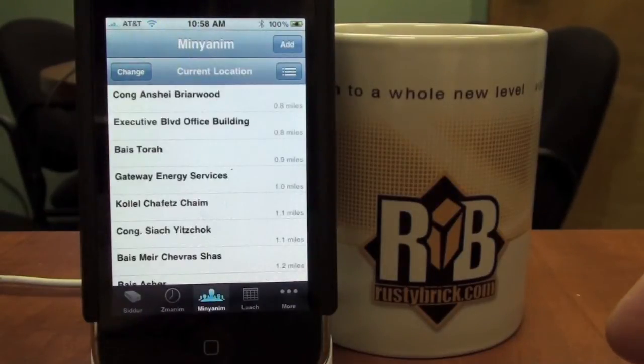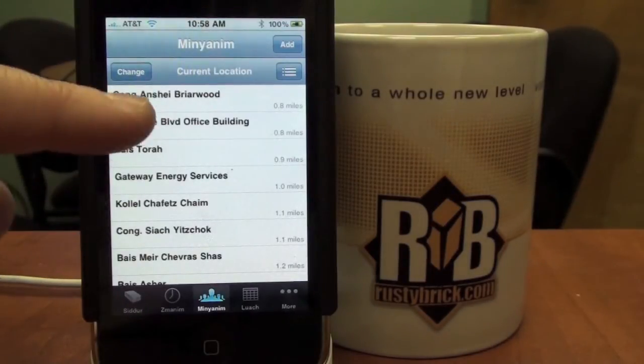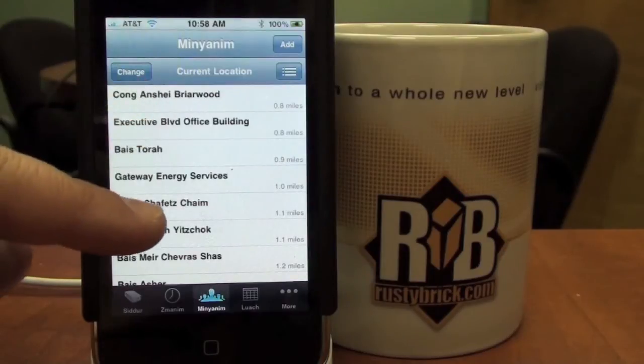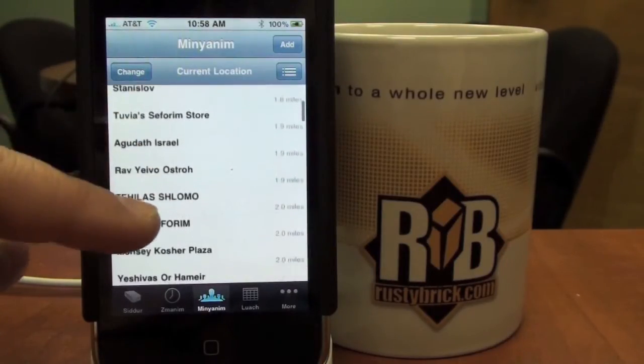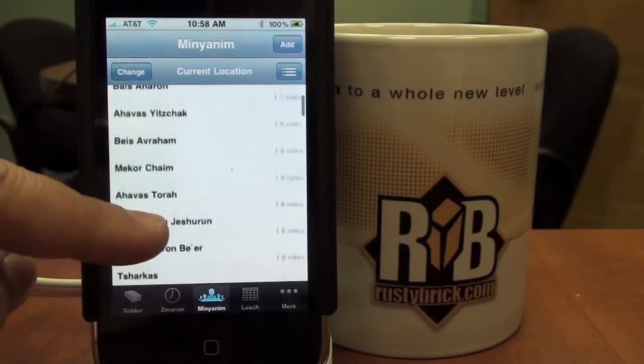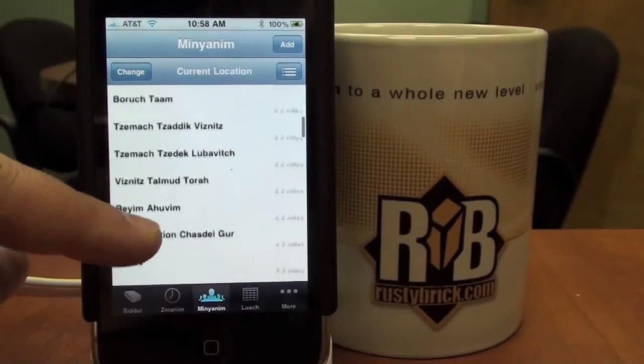Also, there's a minyan section. Minyanim basically show you the closest minyan to you based on your current location. In my office, there's a minyan right in my office or around the corner that allows me to find the current minyan. I could obviously click on any of these minyanim if I wanted to and learn more information about them. So, for example,